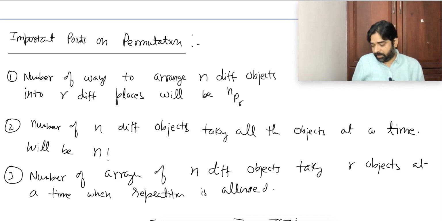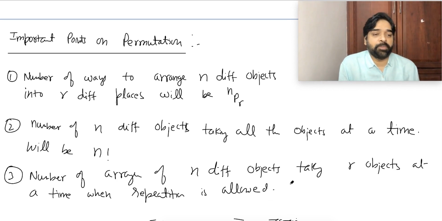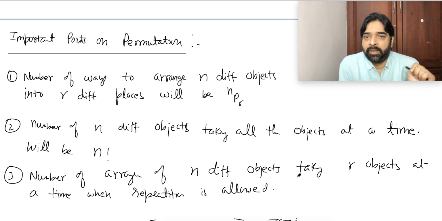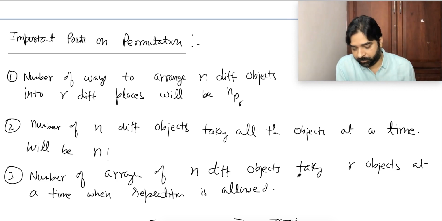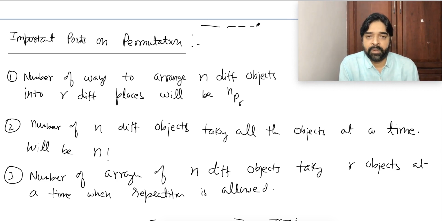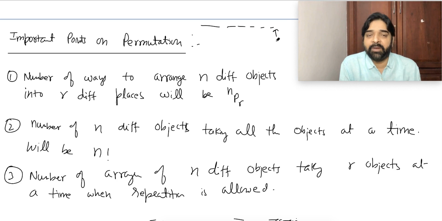Can you tell me the answer? Repetition of objects is allowed means any object can come any number of times. Every object has infinite copies. Very, very simple. Check it here. R places are there or not? We are arranging r objects into r places. First place I can fill by what? n ways. Second place,